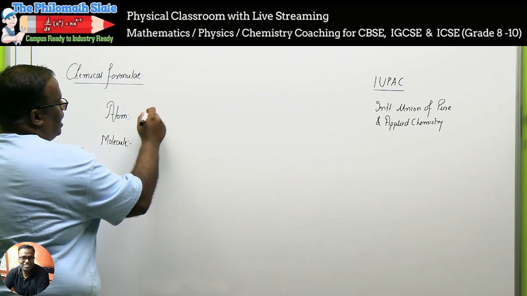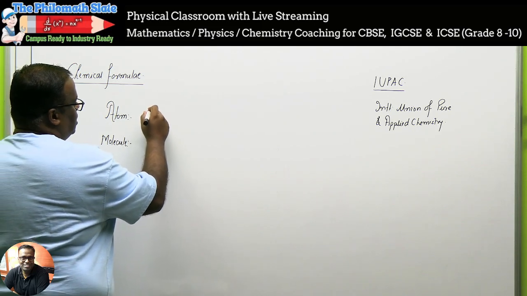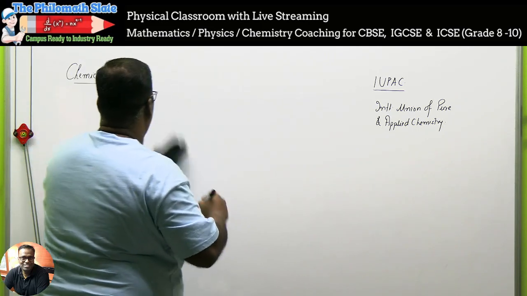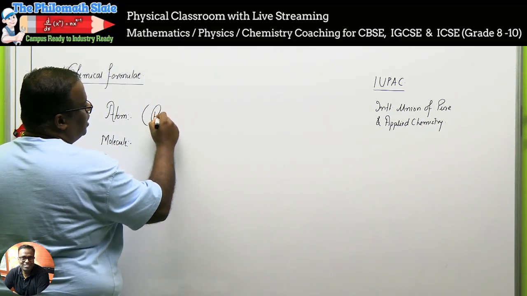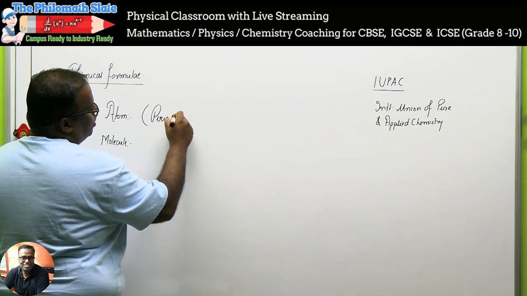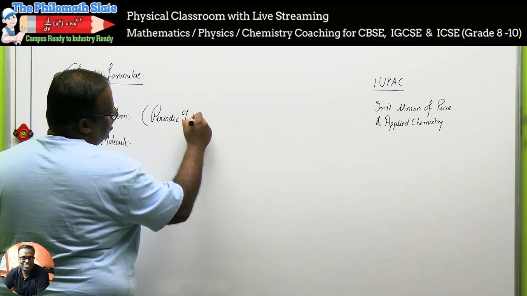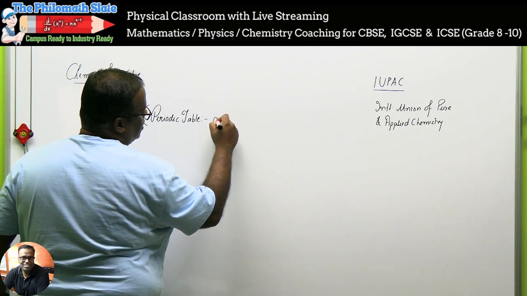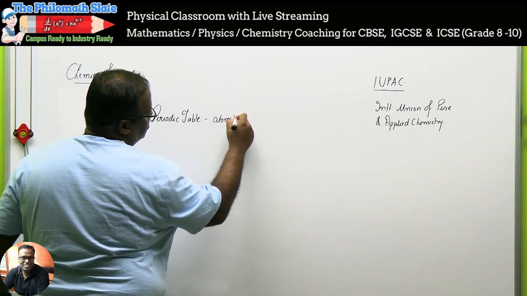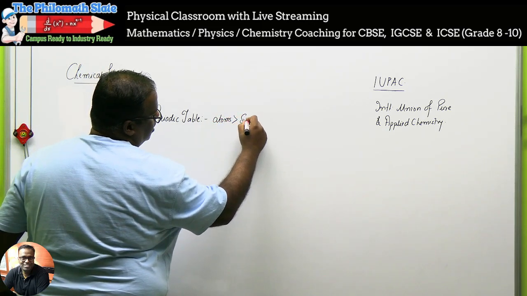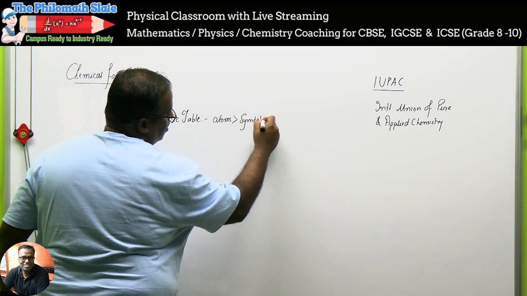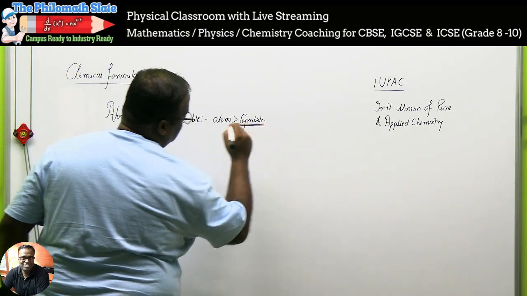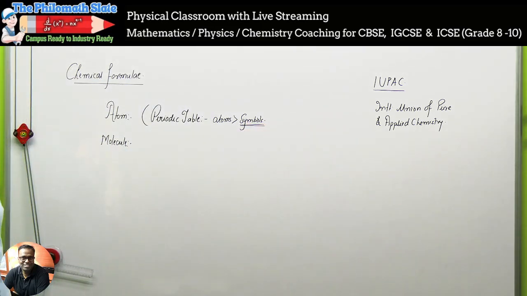Okay. An atom is always represented. Now, an atom is something that you always see in a periodic table. Sorry, children. An atom is something that we see in the periodic table. And in the periodic table, what do you see? You see atoms, and the atoms are represented by their symbols. First, understand the word symbols. Underline the word symbols. Symbols are used to denote atoms.